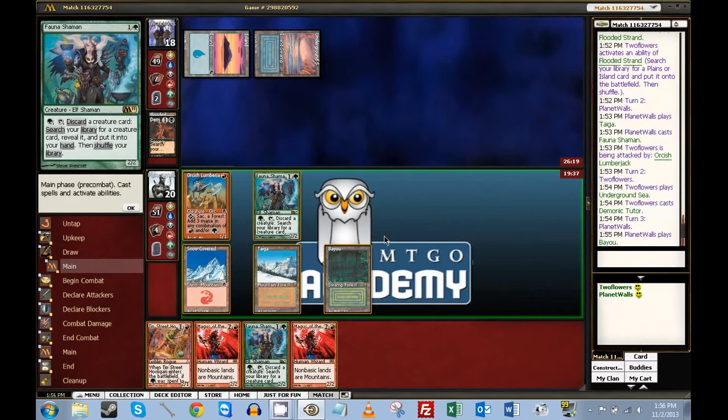I don't think he would have looked for a Show and Tell, because that's pretty horrible to Fauna Shaman. So the real question is, do I want to drop a Magus this turn? Because that screws my whole mana plan. Or this turn, do I just plan on Fauna Shamaning? Because if he has a counterspell...